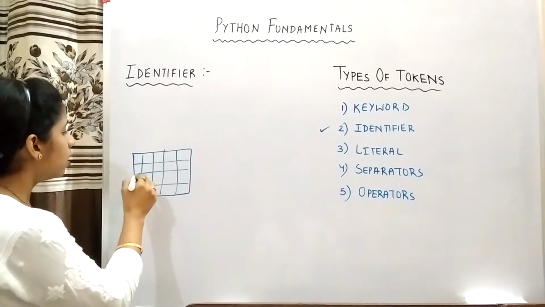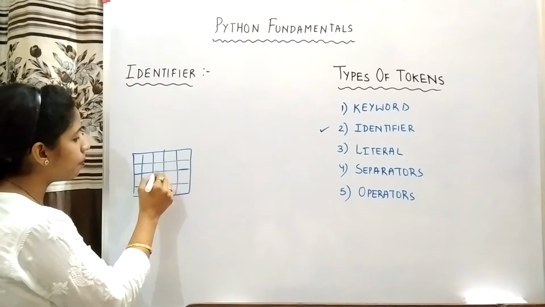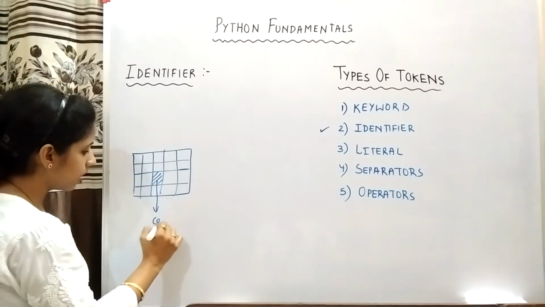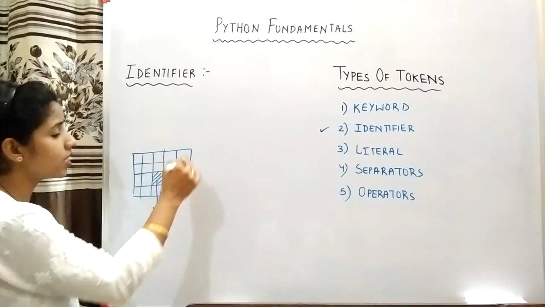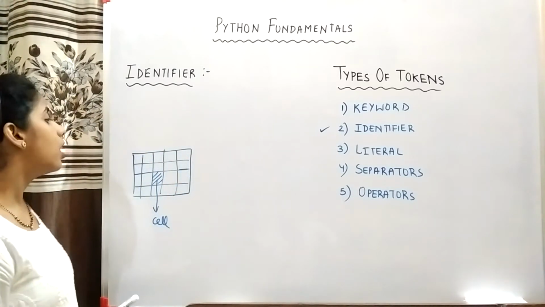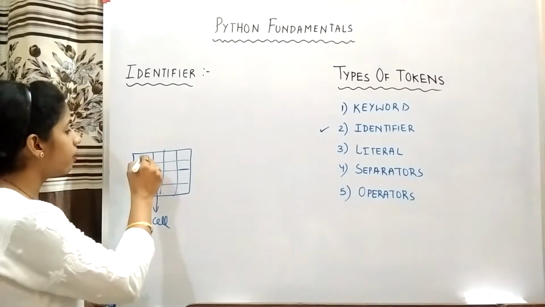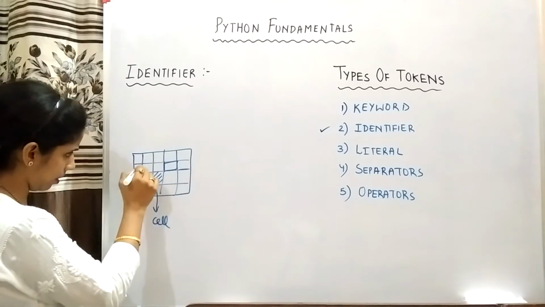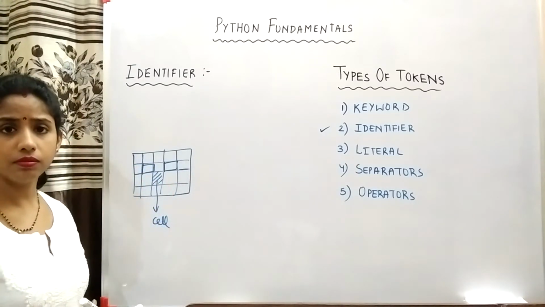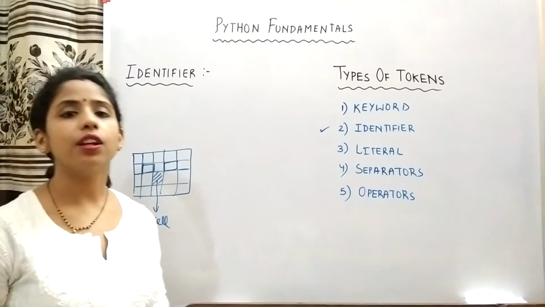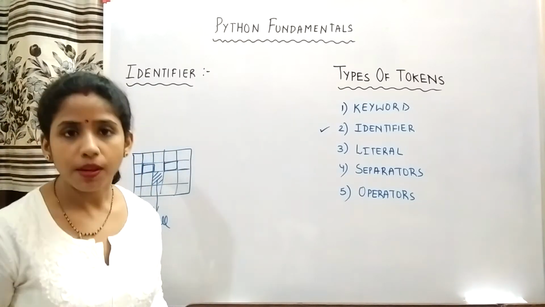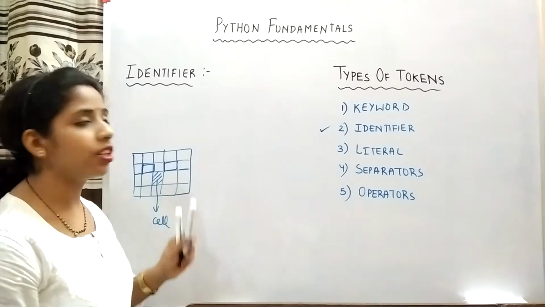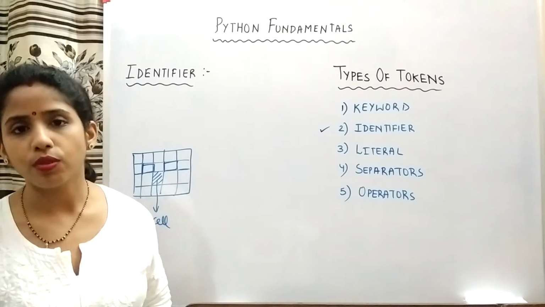this way, and a particular section, the intersection of a row and a column, is called a cell. So you have these many cells in RAM. Now you know that every cell will have an address. There will be a particular address of this cell, there will be a particular address of this cell. Clear? Now these cells are utilized by your programs to store values in them and then to refer to these memory locations as and when required throughout the program.